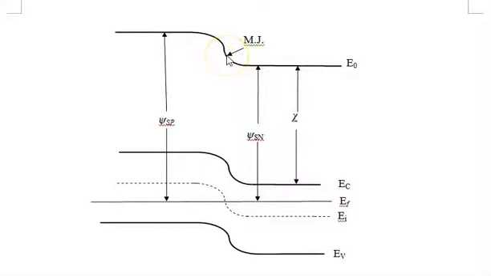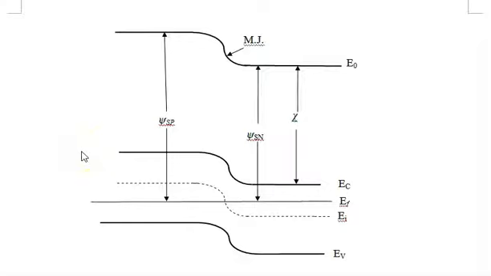The metallurgical junction is the point right in the middle. We're assuming here that this is symmetric doping. We'll say a little bit more about that later on. There is an electric field in the depletion region on the N side, and there is an electric field in the depletion region on the P side. And one of the things we notice here is that the doping on the left side is equal to the doping on the right side.